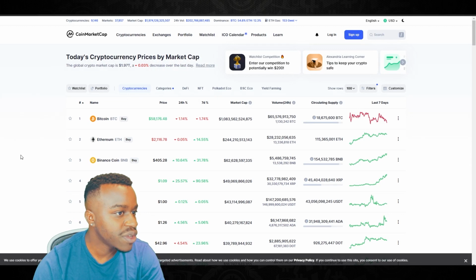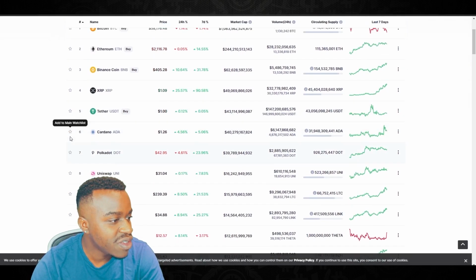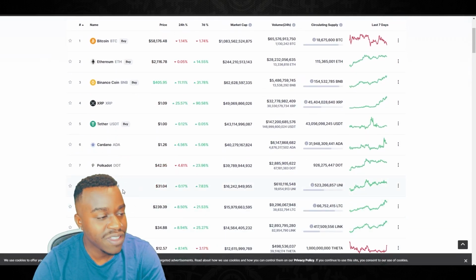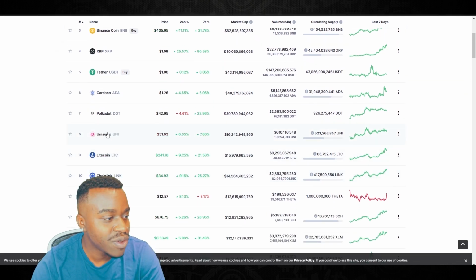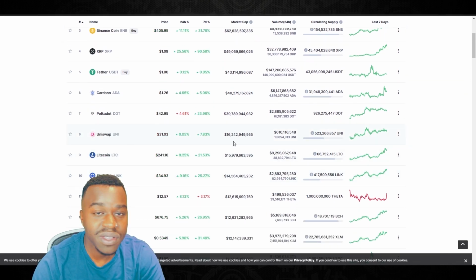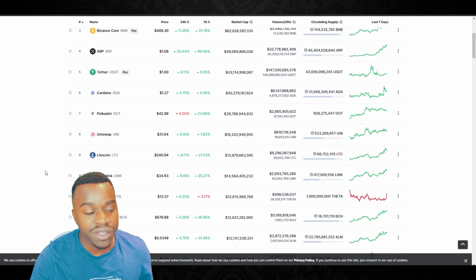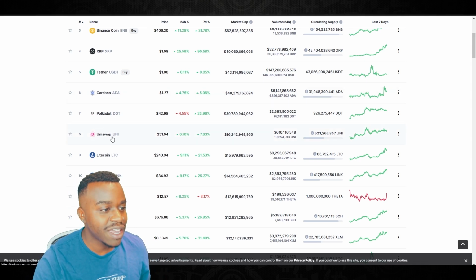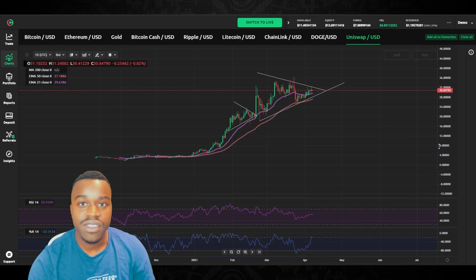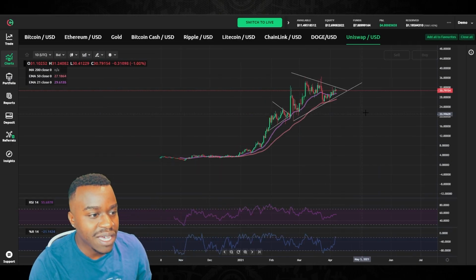Having a quick look here on CoinMarketCap, you can see Uniswap, Uni is now number 8 for the top cryptos, sitting at about a 16 billion market cap, and the token just launched in about late 2020. So you can see the growth and demand is pretty high for it right now. And this chart right now, it's telling no lies about that.